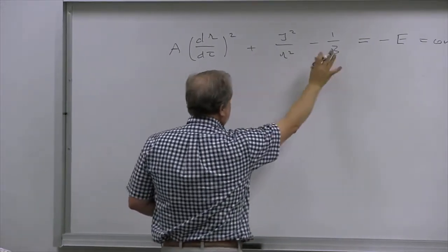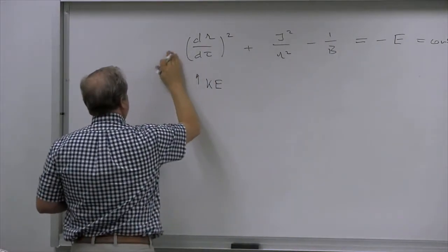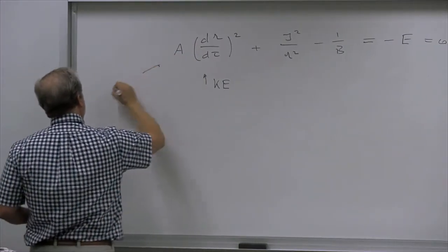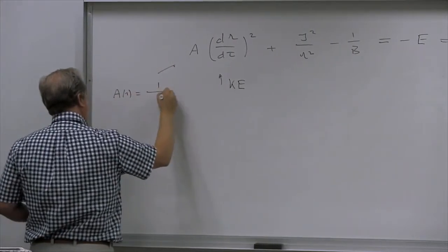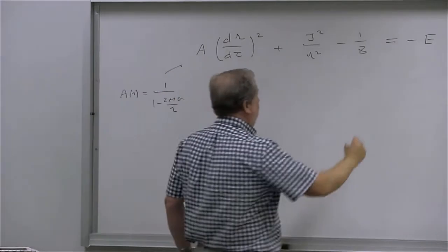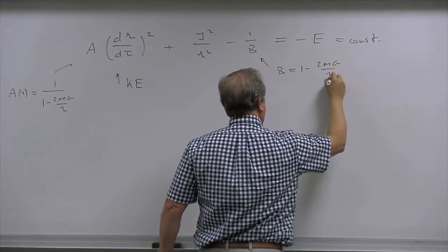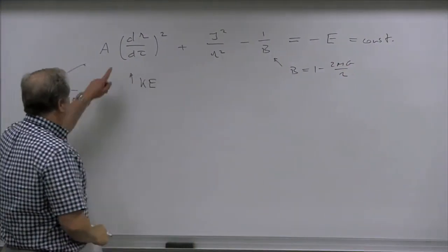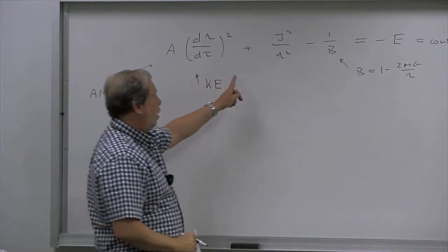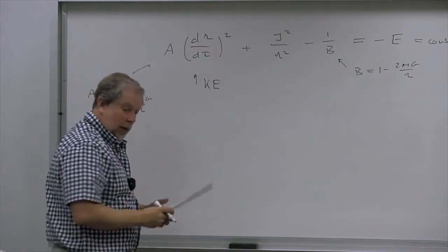Now I could say that this is the potential energy, but actually that's not quite true, because we have here in front the A, which remember is a function of r. Remember that A of r is equal to 1 over 1 minus 2 mg over r. So that goes in there. And the B is 1 minus 2 mg over r as well. So this is the kinetic term, but of course we should probably take out that A and bring it over on this side. And so we can do that because we can rewrite this